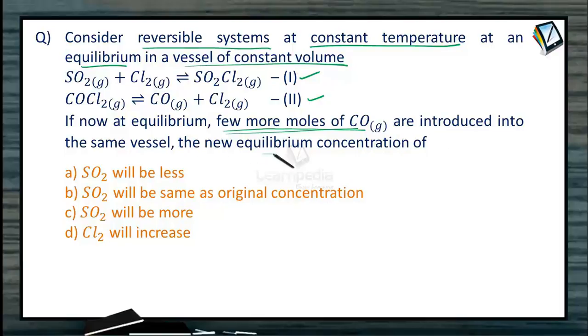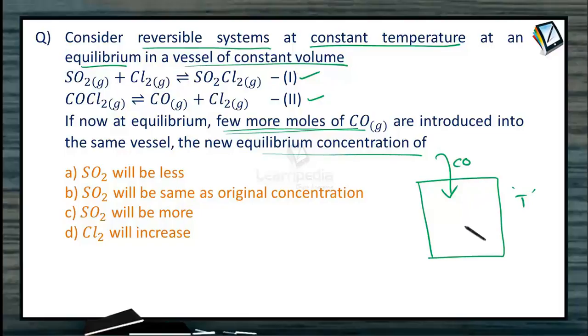The new equilibrium concentration of... So, the moment more moles of carbon monoxide are added into the system in a closed vessel at constant temperature, we are disturbing the equilibrium by pumping more moles of CO gas. Whenever a system at equilibrium is disturbed, it will be disturbed momentarily and then try to regain the equilibrium. So at the regained equilibrium, that is the new equilibrium, what will be the concentrations of the